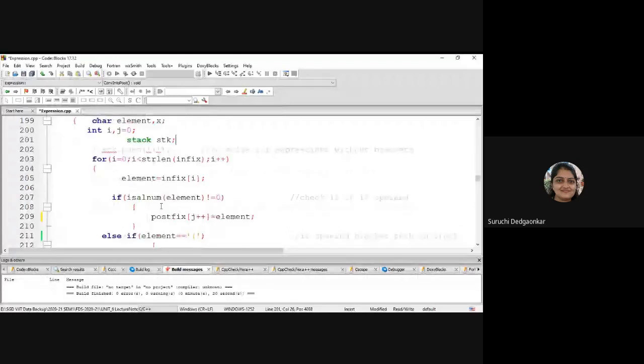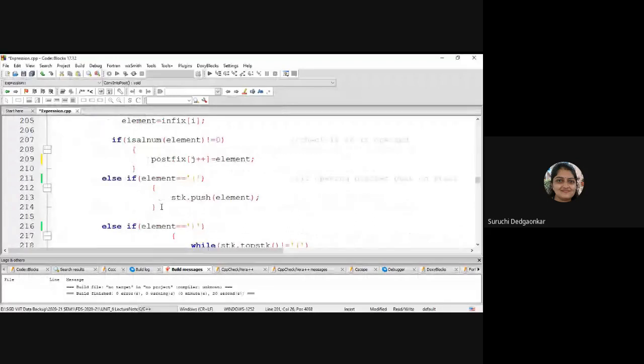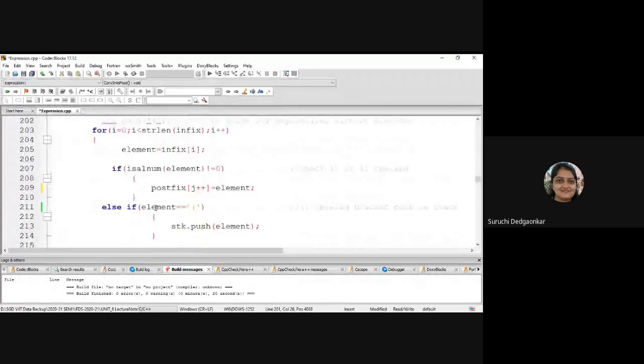If the element is now a character stack object, then if a closing bracket comes, you have to pop from the stack until the opening bracket is accessed. So we are using the top of the stack, checking which is the next operator in the stack. If it is an opening bracket, then we will neglect it.